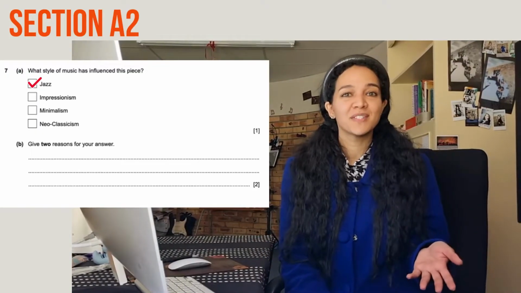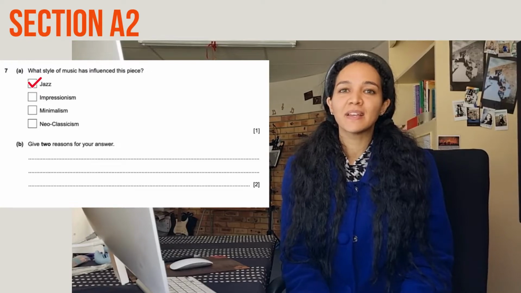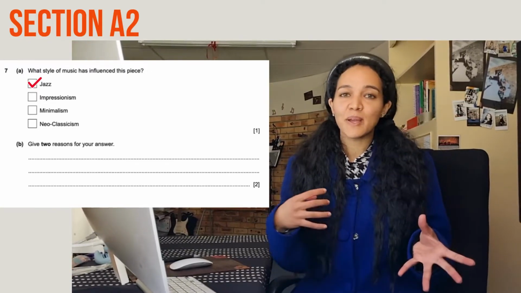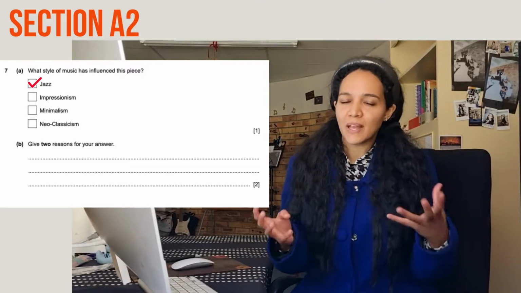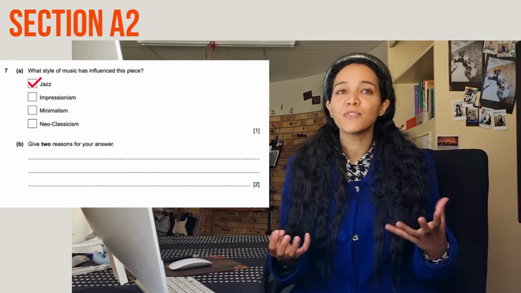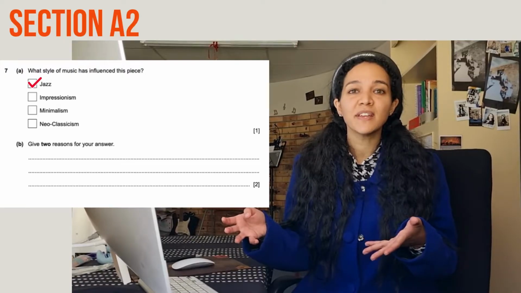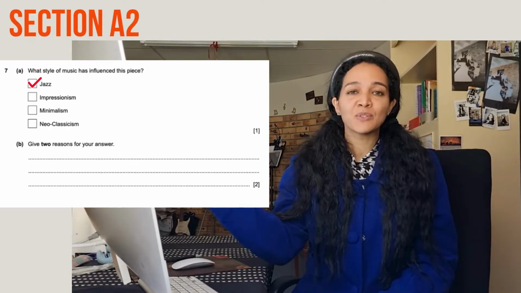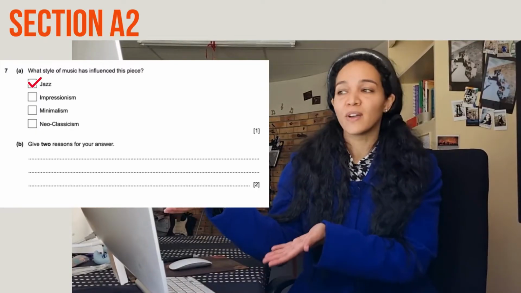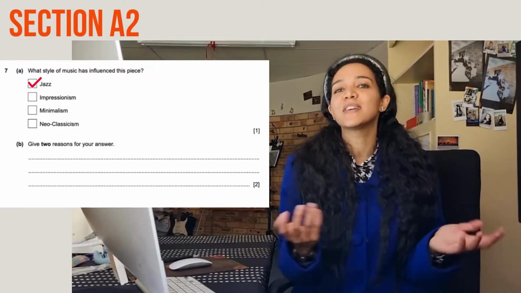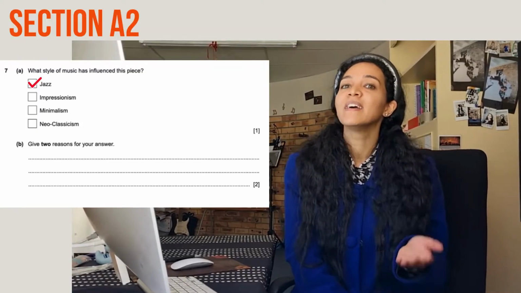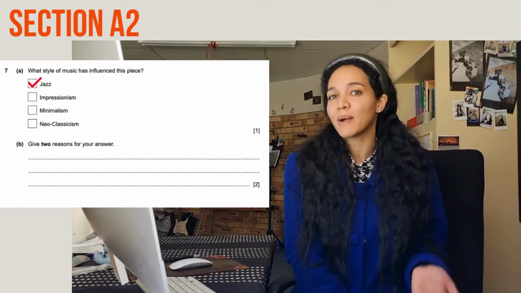So what are we going to say? We can definitely make reference to those bent notes or those blues notes. Definitely also based on the blues scale in that regard. That will sort of be one fact. We can also refer to syncopated figures. And although we have mentioned syncopation before, doesn't say we're not allowed to mention anything that we've mentioned before in this very answer. So we can definitely refer to syncopation once more and use that as a reason for why this piece has been influenced by jazz.